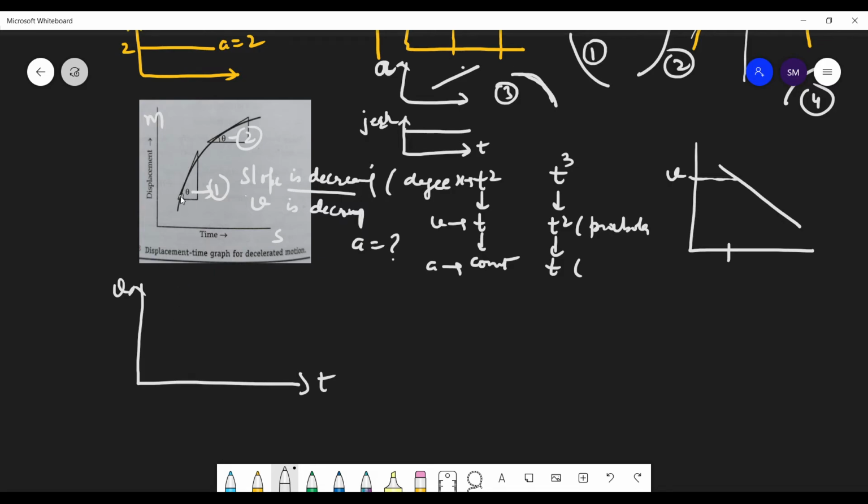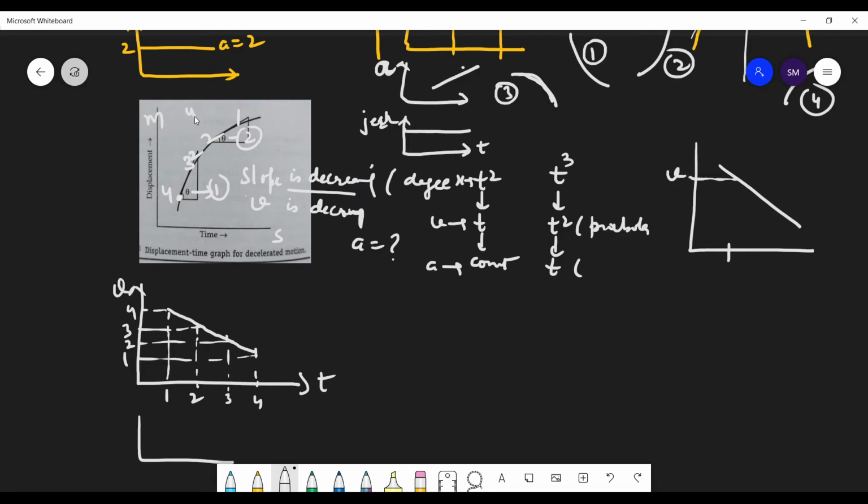So here let us assume the slope, tan theta, is 4 here, then 2 here, and then 1 here. Velocity was 4. Slope is 4 means velocity is 4. Then let us assume it is constantly decreasing. So 4, 3, 2, 1, at time 1 second, 2 second, 3 second, and then 4 second. Okay. Now you have got this.